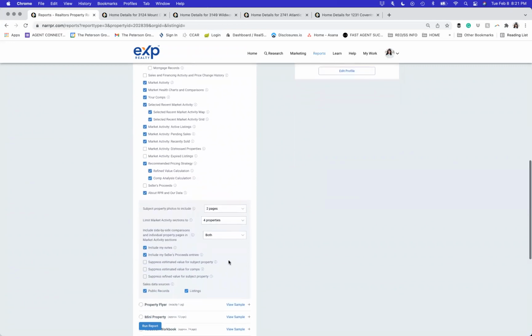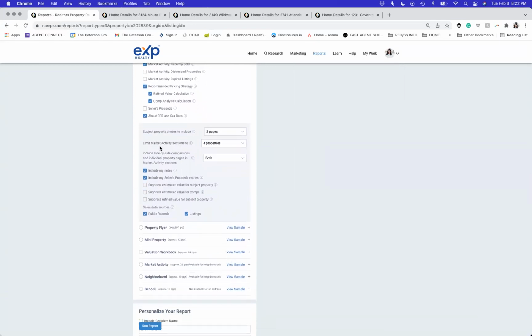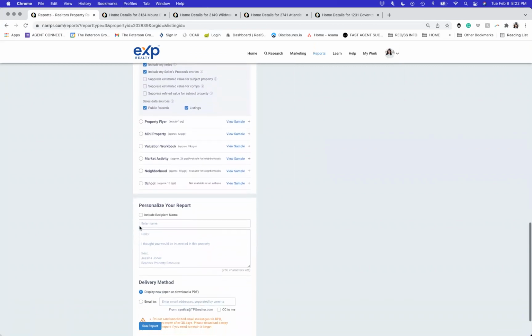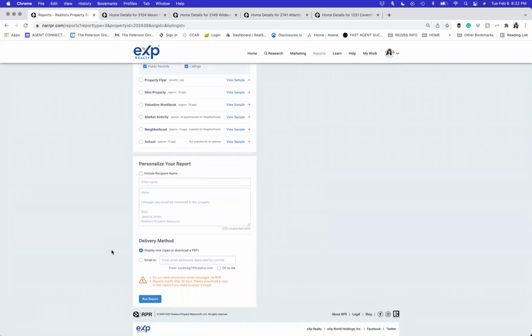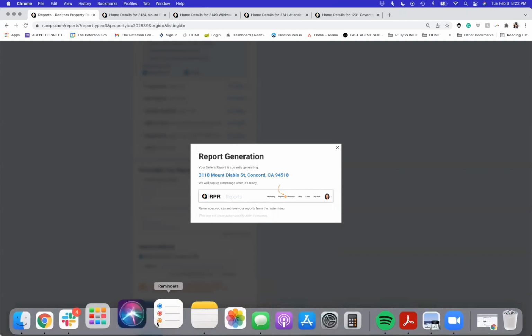We're going to limit it to 4 properties in the sections. So yeah, this is what it should look like. Include public records. And then here you can personalize your report. If you're just out in the car and you're sending it to them as you're jumping into another property, you could email it directly to them instead of waiting for the PDF. What we're going to do is wait for the PDF. So we're actually just going to run this real quick. And there it goes. So it's going to take a few minutes to populate, but let's